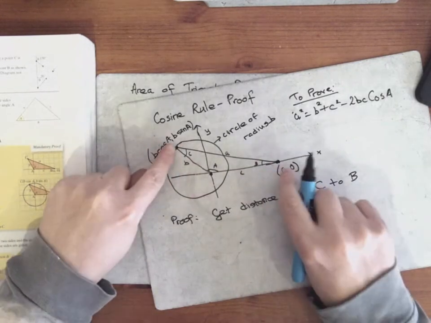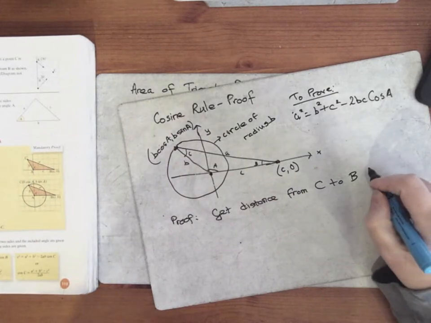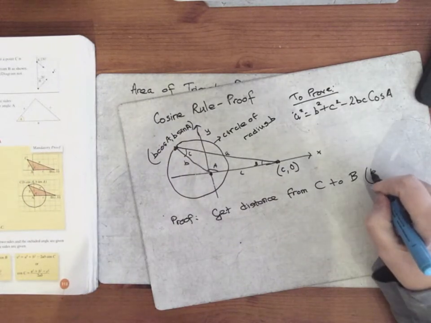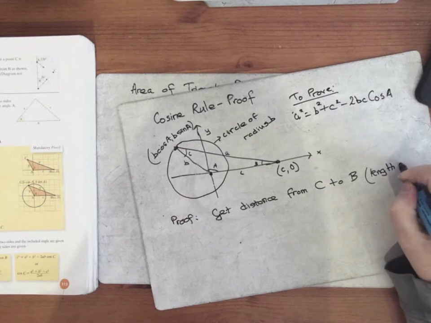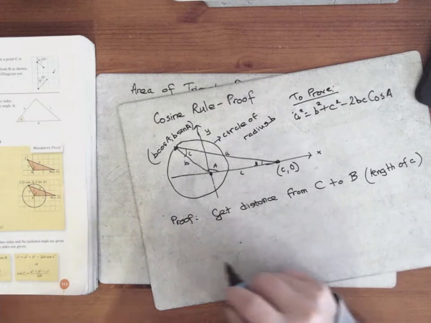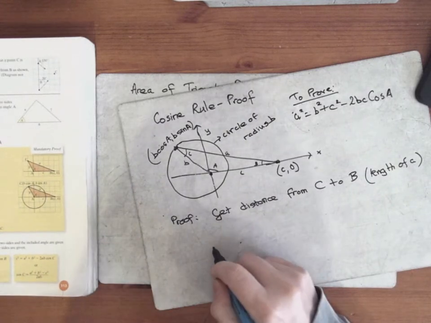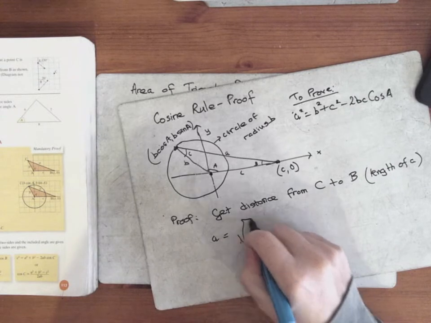I'm going to get the length of that line, which I called A. So I'm going to use the distance formula. So the length of A, small a, would be the square root of,